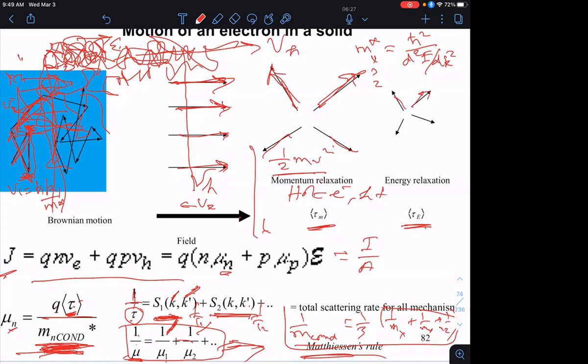Where the kinetic energy now corresponds to the room temperature of the system. So you'll get half mv squared equal to kT, where k is the Boltzmann constant and T is temperature in Kelvin. We'll discuss this more after spring break when we talk about excess carriers in a semiconductor. Okay, so that characteristic temperature at room temperature I mentioned a couple of times is 25 meV. All right, so that velocity corresponding to ambient room temperature of 25 meV is going to be smaller, but then